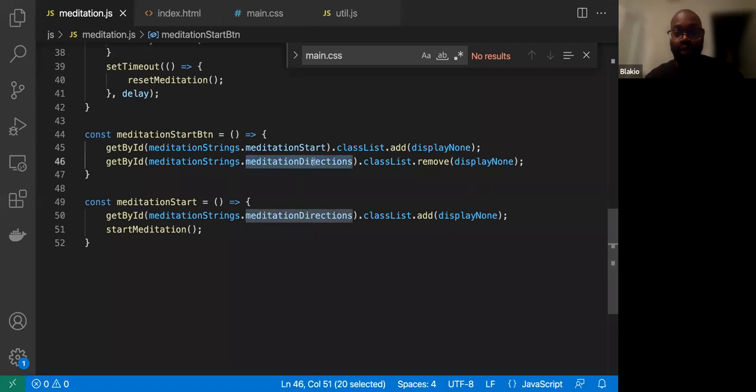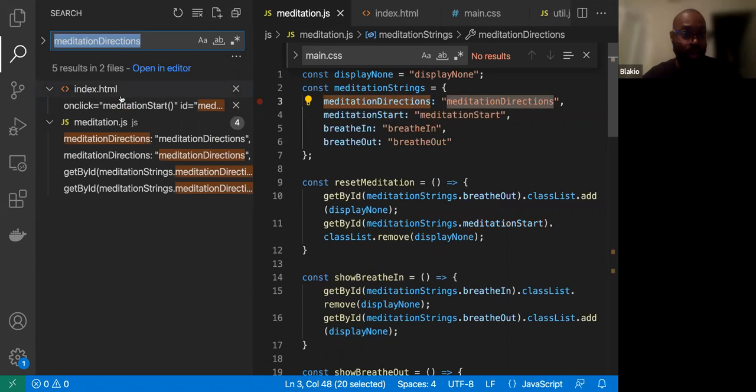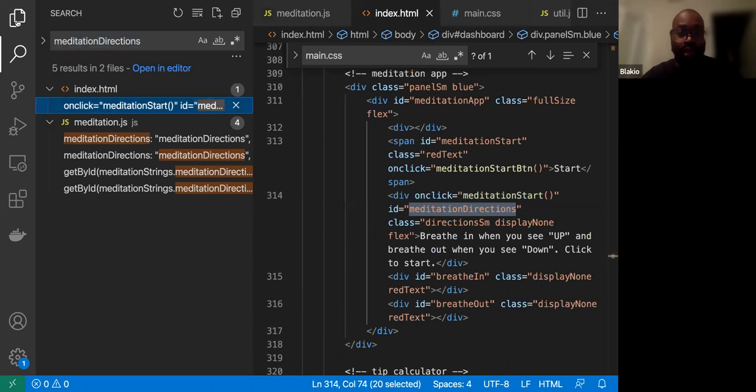No, this one here. And figure out which string this one is. Meditation directions, and it's here. So something has the ID of meditation directions inside of the HTML file. So I'm gonna do a find, and I'm gonna go straight to the HTML file here, and I can see